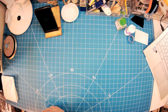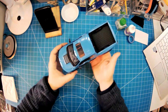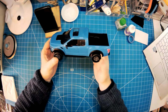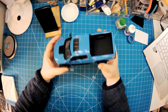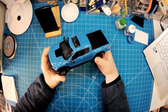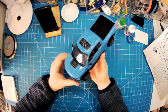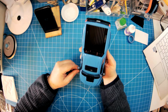So again, with departures from what we've seen, kit number three, this bad boy, which is the Revell, I think it's 25th scale, F150 Raptor. So this is one of Revell's easy click, quick click sets, whatever they're called. I think it's only got like 9 or 10 parts in it. Very simple to put together, but it was an opportunity for me to have a go at doing some 2K